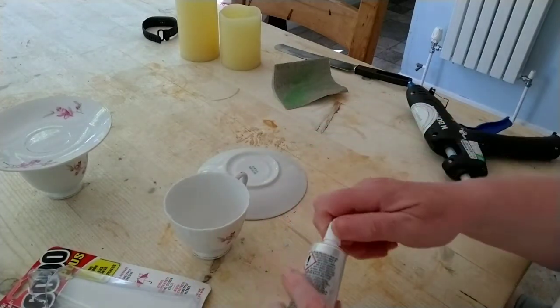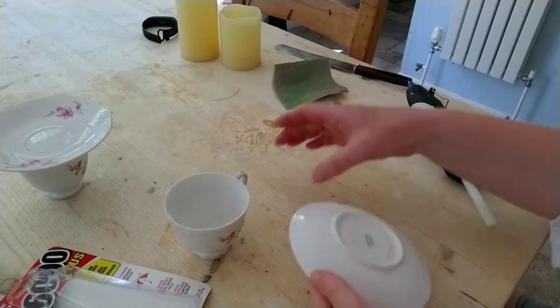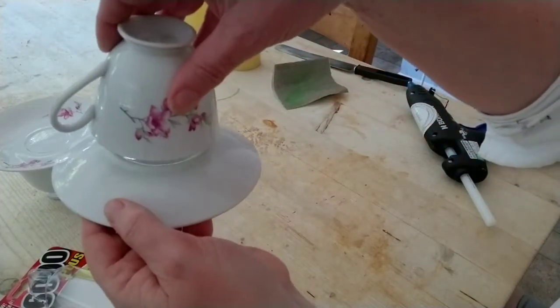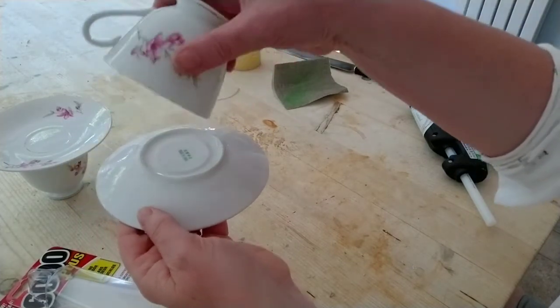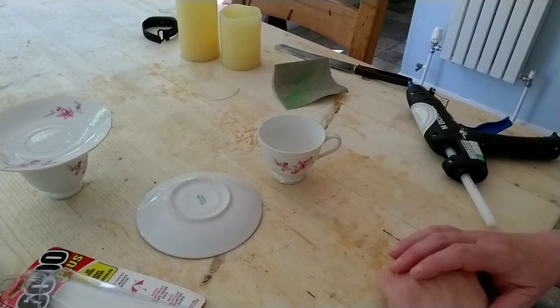Lid back on, and I want my handle to be over where that little flower was. So it's saying to offer it up, to mate them together, and then to take them apart